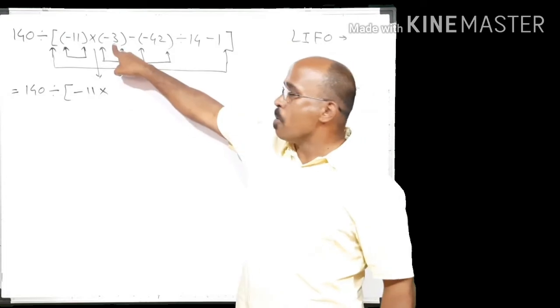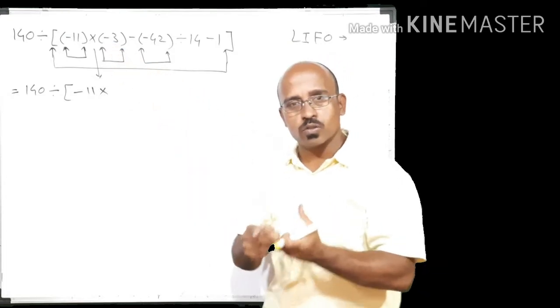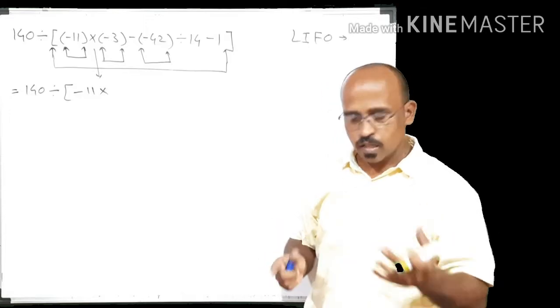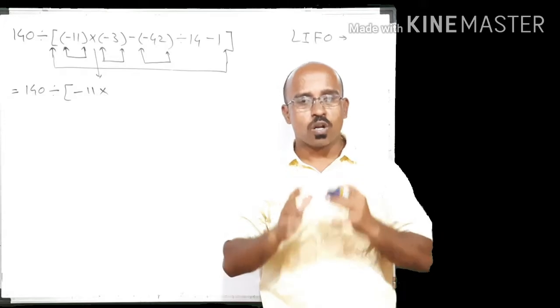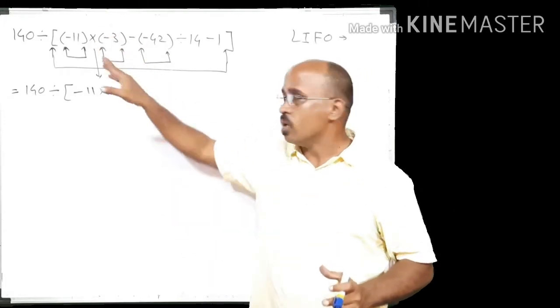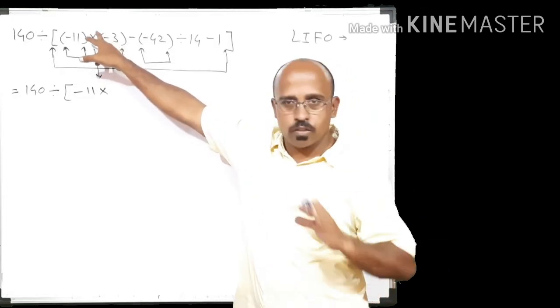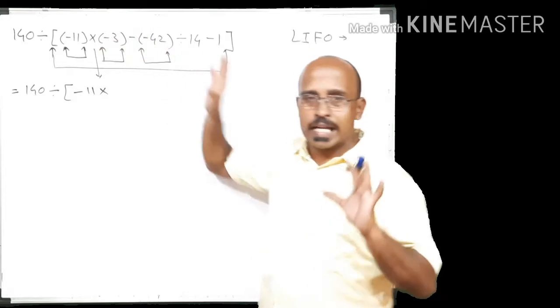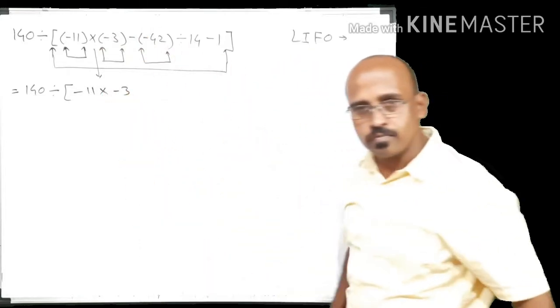Now minus 3. So in the bracket there is only one number, so what I have to do? Remove the bracket. And in the case of removal of the bracket, what is the solid rule? The rule is, if the symbol out of the bracket is negative, then change the symbol of the number inside the bracket, otherwise don't change. So here out of the bracket, no negative symbol, so we can't change the symbol of minus 3, it will be minus 3 as it is.